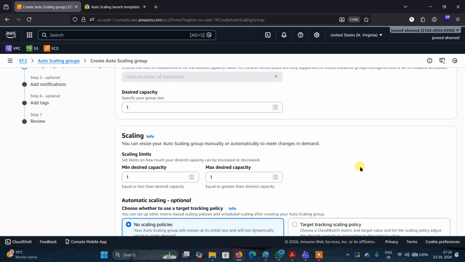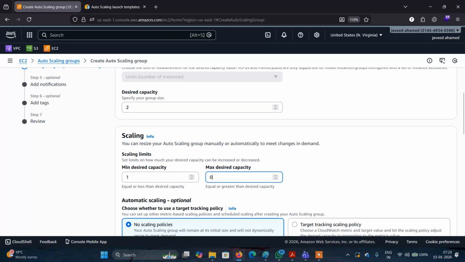The minimum size is whenever the load is not there, how many instances need to be kept. The maximum capacity is when the load increases, how many instances need to be created at most. Here I just set the minimum capacity as 1 and the desired capacity as 2.